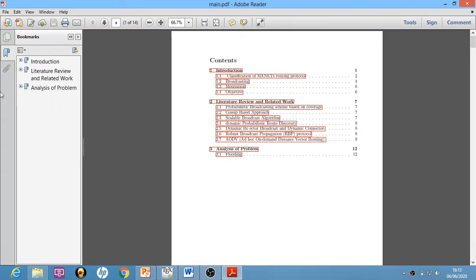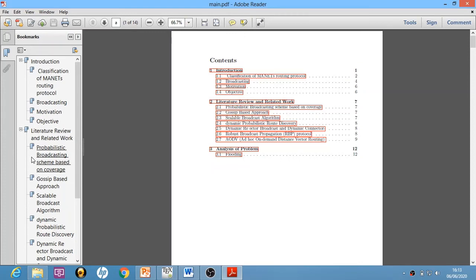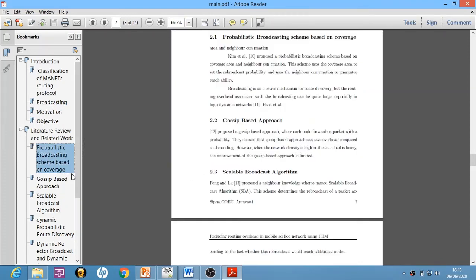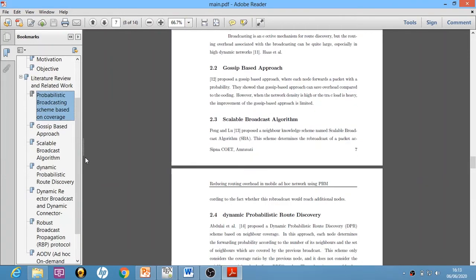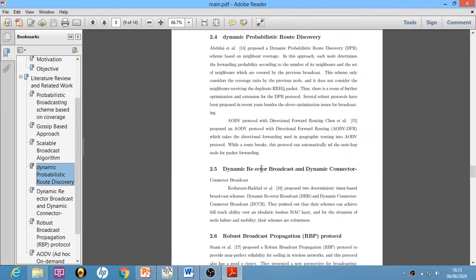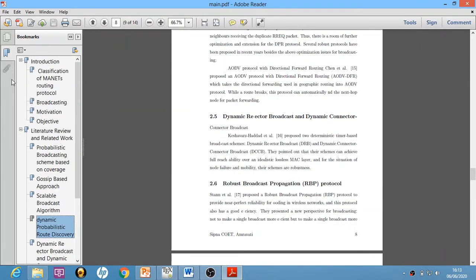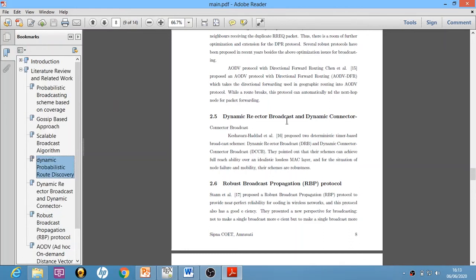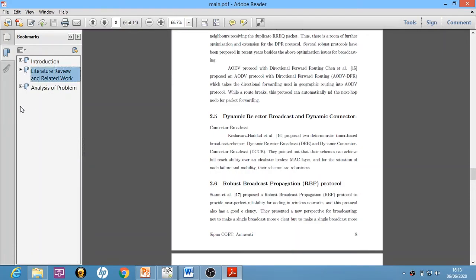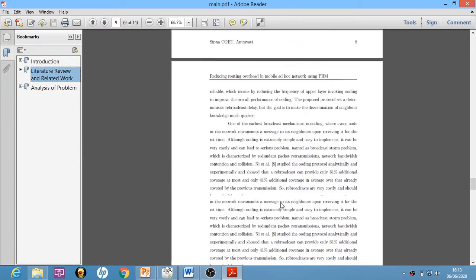Now once you use the hyperref tag, you can easily browse through the chapters. You can click on any section and it will move to that particular section or subsection accordingly. So in this way, LaTeX provides you a very easy way to browse between the sections and subsections.